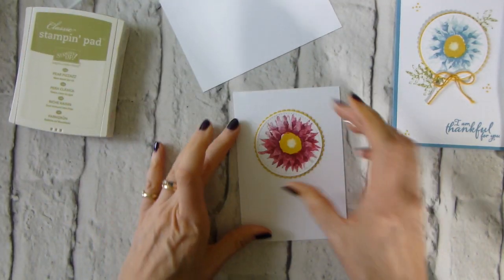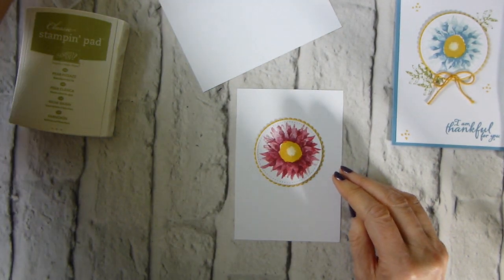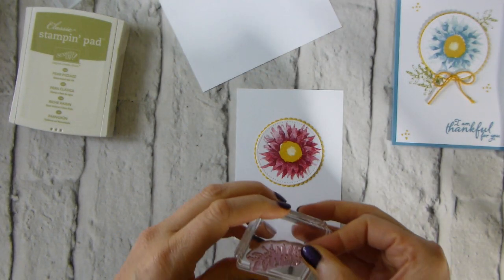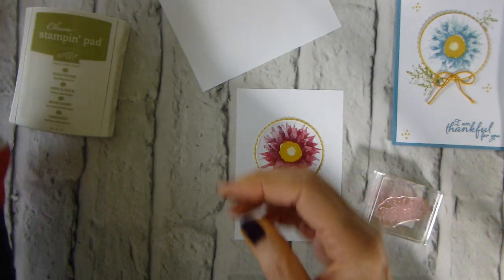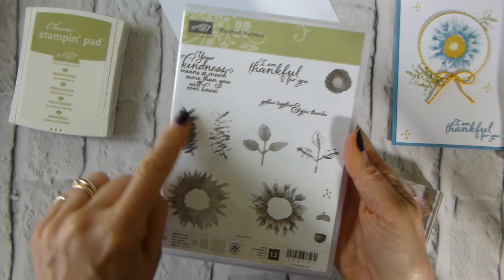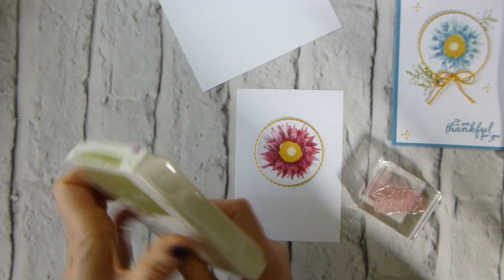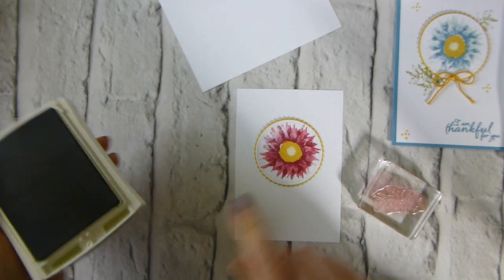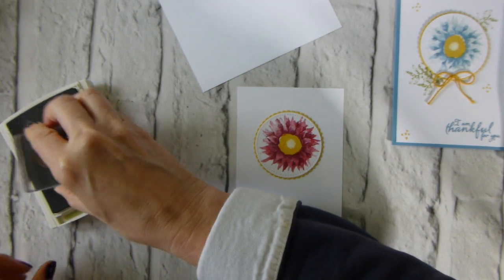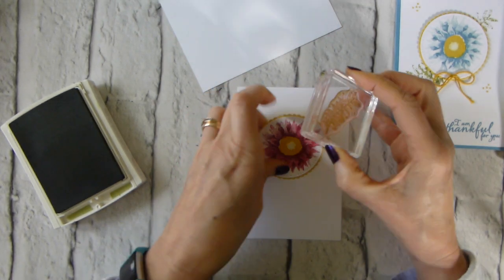And it's my card. So I'm just going to position that there whilst I bring out the less detailed of the fern. I call it the fern stamp. This one. You could use this, but I like the fact that it's less detailed. And the old olive. And I'm just positioning my flower kind of where I want it so that I've got a mental picture of where it is, and then I can